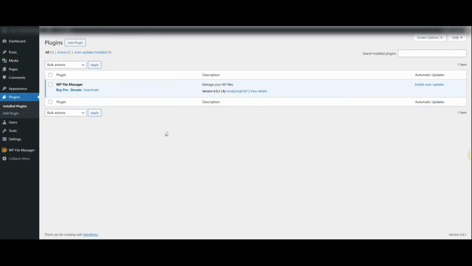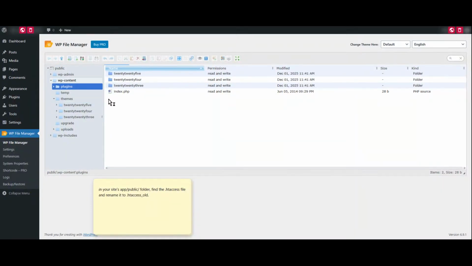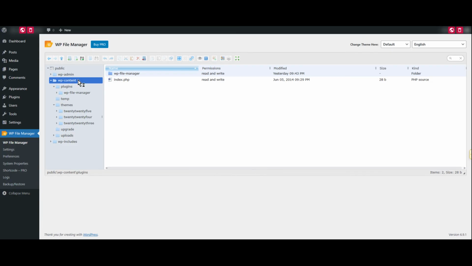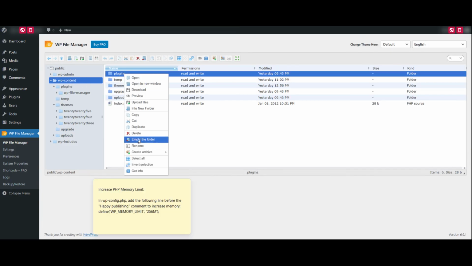Sometimes security plugins or caching plugins can mistakenly block legitimate requests and trigger a 403 error. If you can access your dashboard, go to Plugins and deactivate all plugins temporarily. Then try refreshing the admin page. If you can't access the dashboard at all, go to your wp-content folder using FTP or your file manager and rename the plugins folder to something like plugins_old. This will automatically deactivate all plugins. If that resolves the issue, rename the folder back and reactivate plugins one by one until you find the one